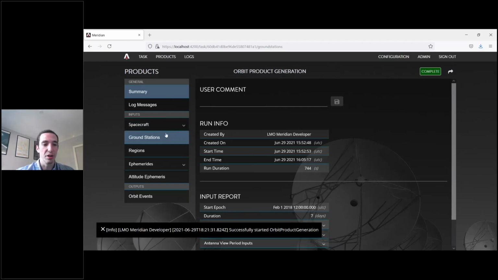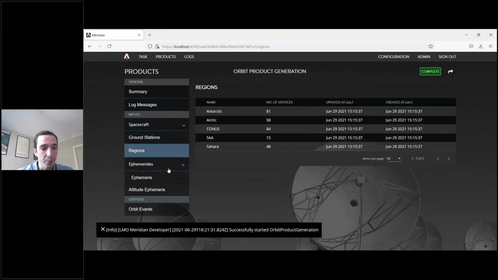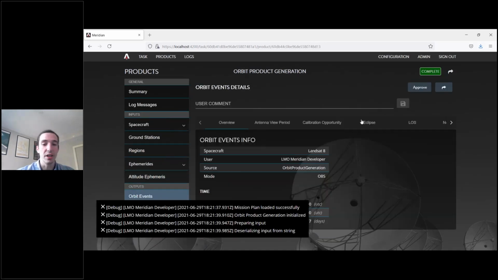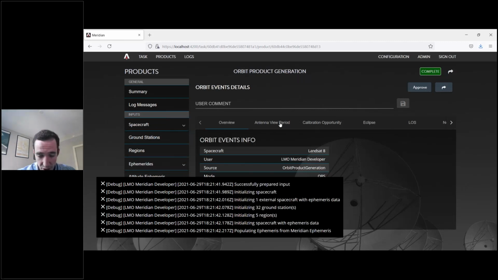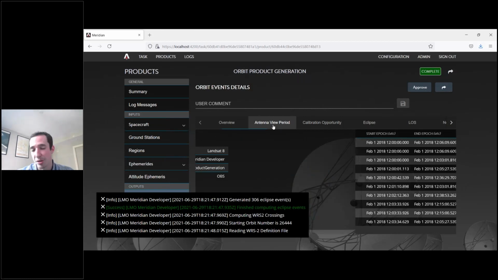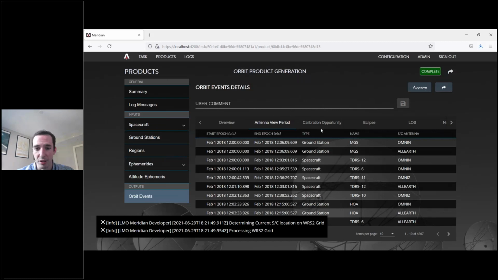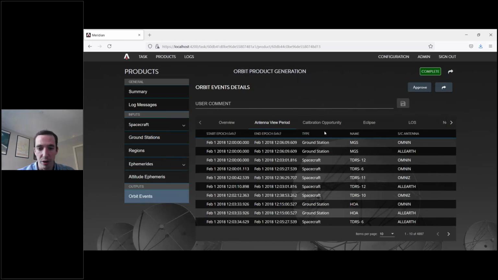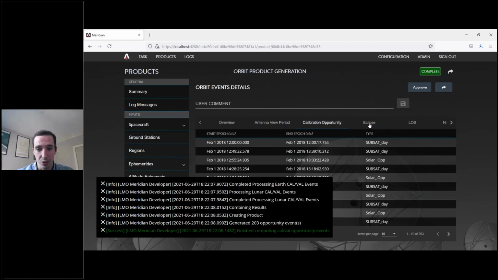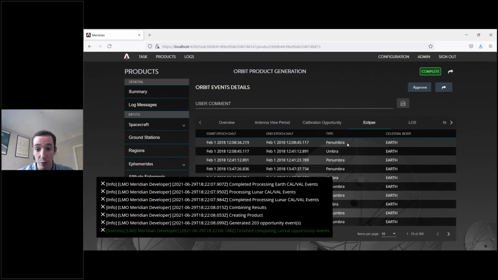You see I included a bunch of ground stations, regions, ephemerides, and attitude ephemeris, and it calculated half a dozen events that can go to our mission planning tools or whatever calibration validation software needs to know this information, like any potential contact times with ground stations or data relay spacecraft, good times for sensor calibrations,